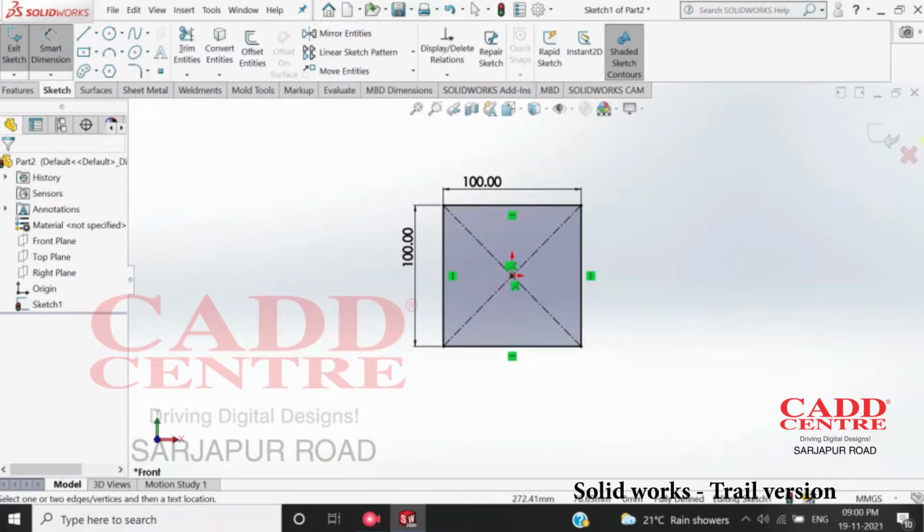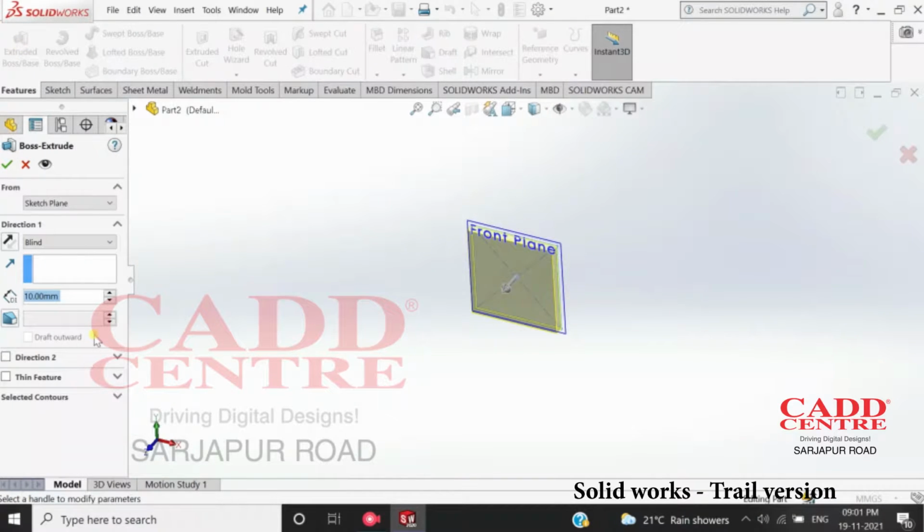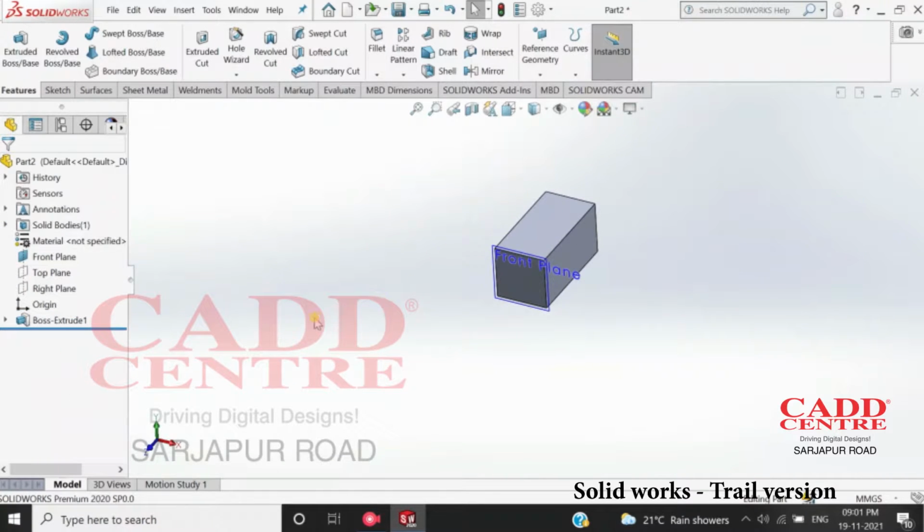So it is a square. Come out. As it's a square we created on the front plane, the material will extrude perpendicular to the front plane. As I select this and create extrude, it becomes perpendicular to the front plane as you see.